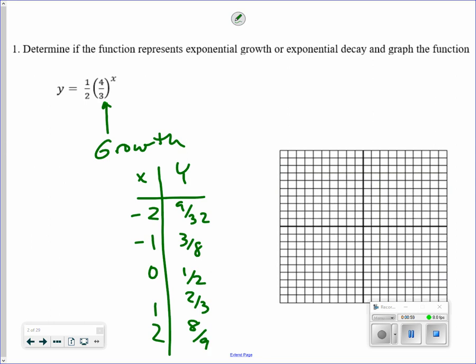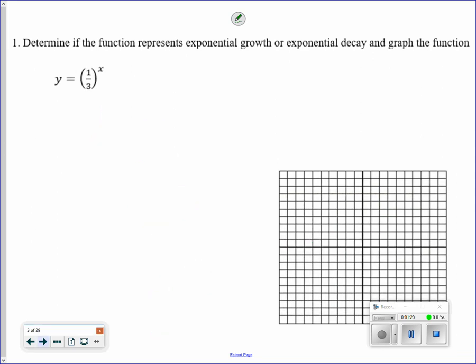And then you end up having to graph this. So -2, 9/32. Again, that number is fairly small. So 1/2. Notice this is growth, but it is going at a very small rate of growth. And so you'll go along the x-axis and it will steadily go up. Obviously, the further you go, the more upward trend you will find. But because that value is slightly above 1, it is growth. Next one will be considered decay. This one's a lot easier